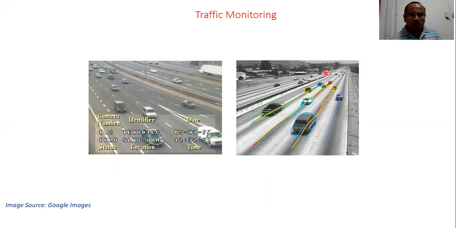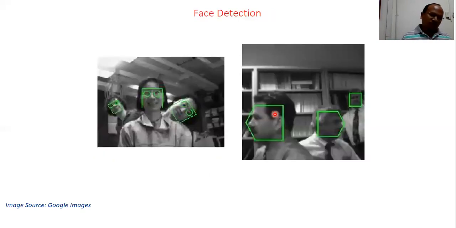So you can count the vehicles, you can recognize their number plates for security purposes, for authentication purposes, some theft cases, some terrorism cases. You want to identify which vehicles, who are the persons traveling in the vehicles, how many vehicles are there, which types of vehicles are there. So all these monitoring, traffic assessment, traffic monitoring, all these are possible with the help of image processing.